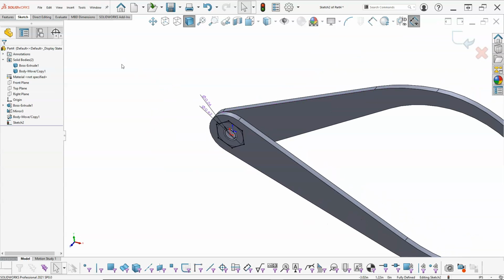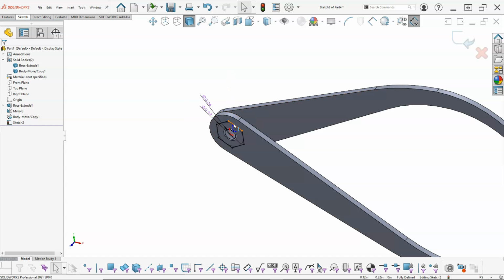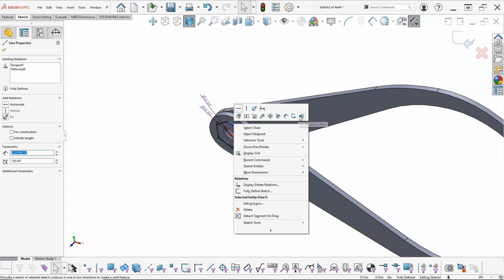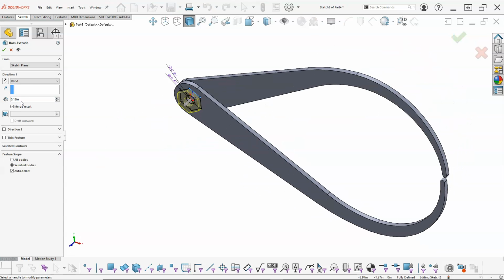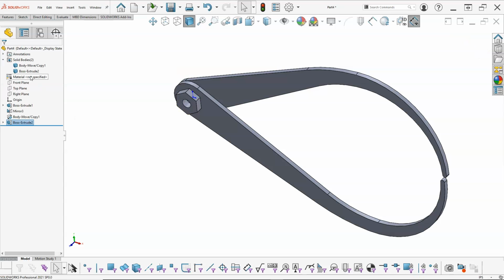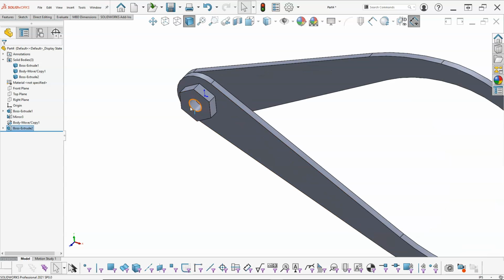Okay, and then I'll just make sure that I'm extruding that the right way. So that was the trick, was to extrude, make sure that you selected, and then to do the extrude. So I think that's probably going to be 3/16 at least, maybe a 1/4 inch. So let's just round it to 0.19. That looks okay. And since it combined it, it merged it, we're going to come back in, uncheck the merge result, and then